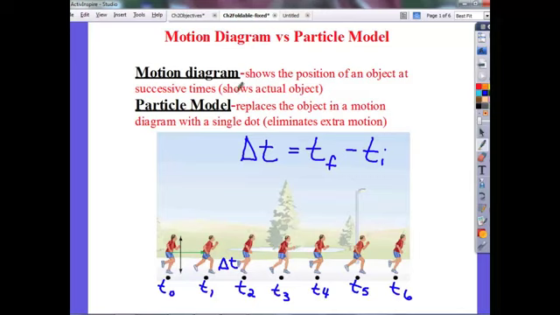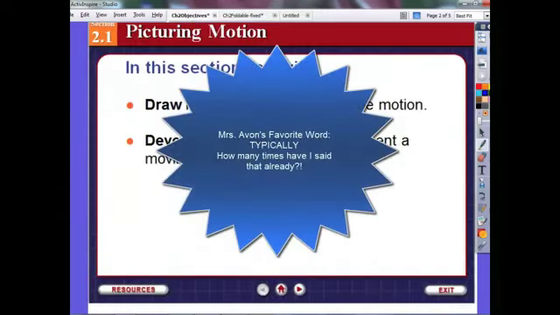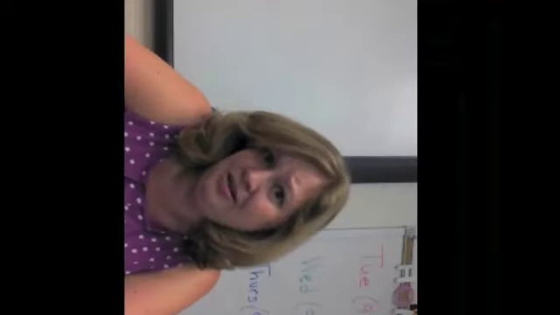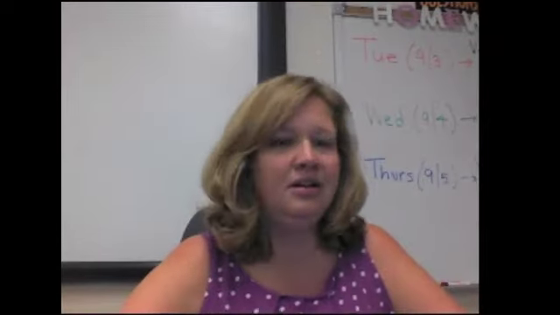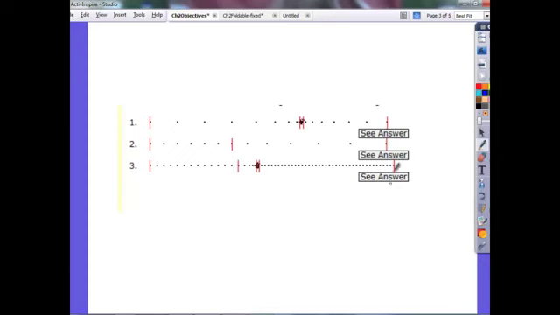What we typically do is we take the dots and we can analyze, because we know that the time between each consecutive dot is equal, and we know that the distance is represented by the space between the dots, we can analyze motion. So if we look at number 1 here, the first few dots,